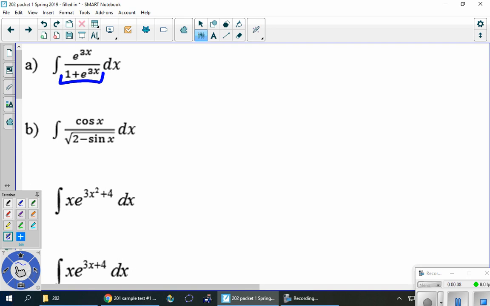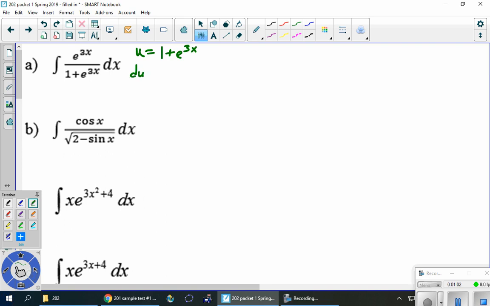In our heads, if we let u equal the entire denominator, the derivative of 1 plus, that's nothing, and the derivative of e to the 3x is e to the 3x times 3, and my goodness, there's an e to the 3x sitting there, so the times 3 is the only thing missing. So this feels like a very promising u substitution. Let's try it. So we let u equal the whole bottom,